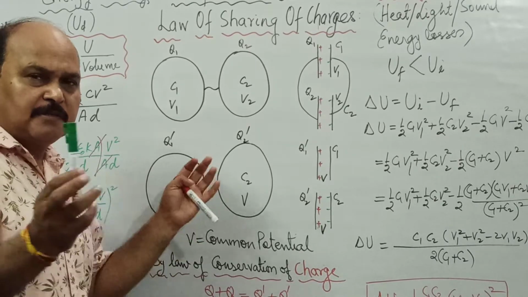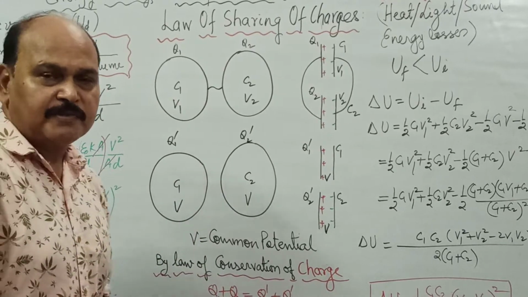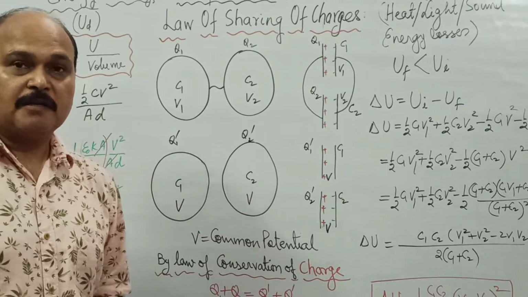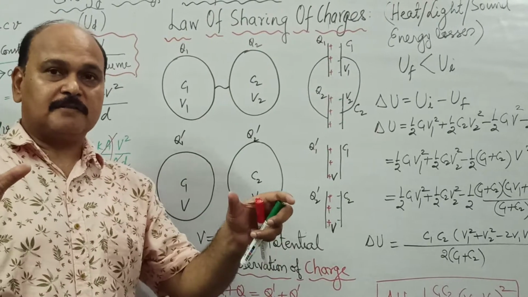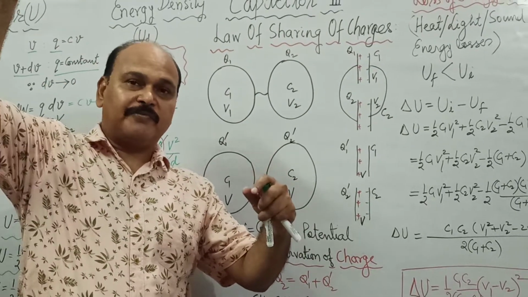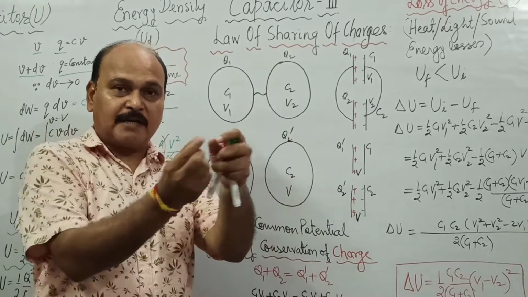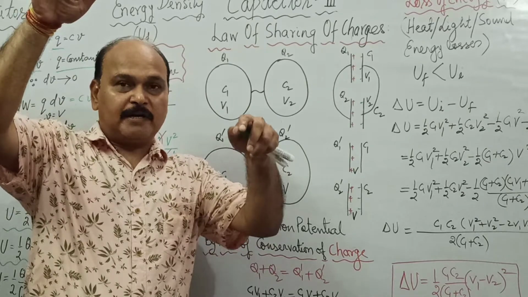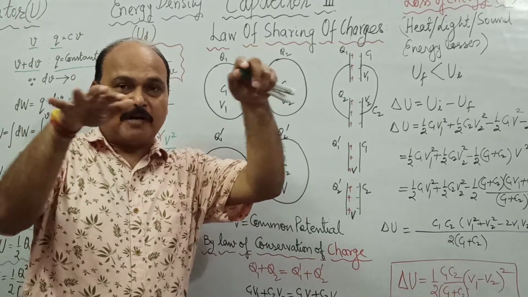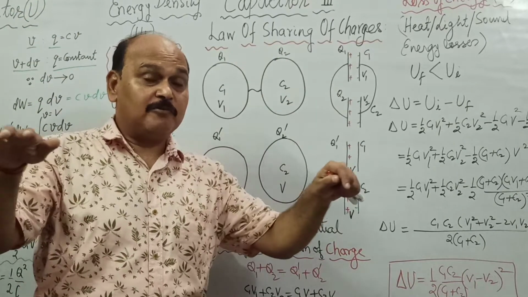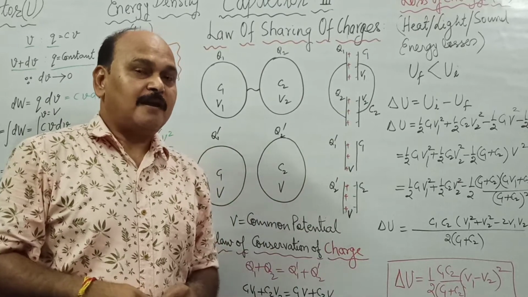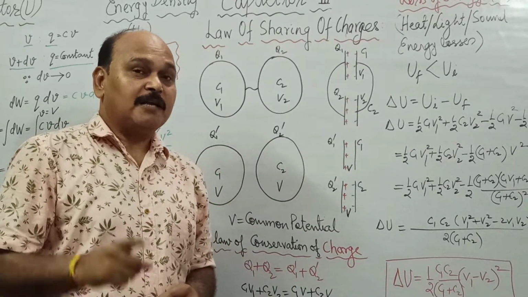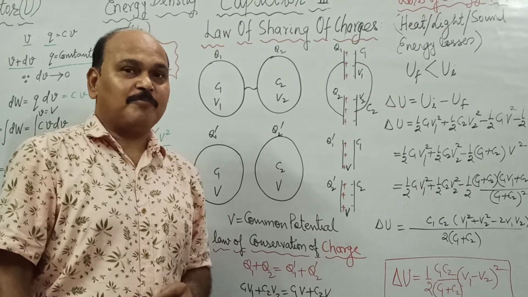Well, this concept is very similar to the concept of, say, gravitational potential. Let us say we have two different containers with liquid up to different levels, and both the containers are connected from below. What will happen? The liquid will flow from one container to another, and the flow will continue until both the containers acquire the same level of the liquid, and this same level is called the same gravitational potential.